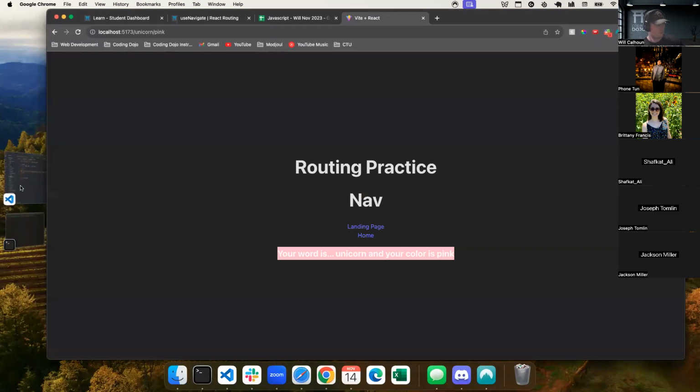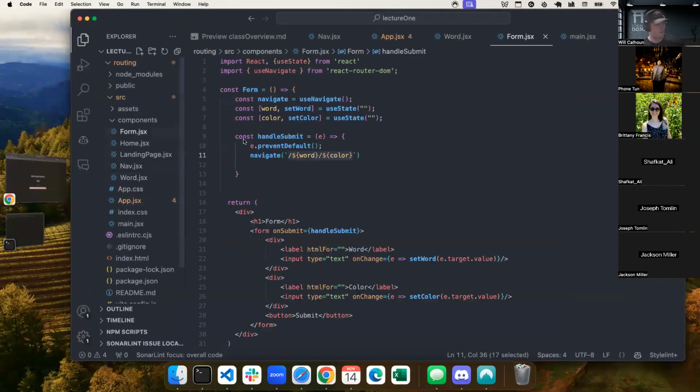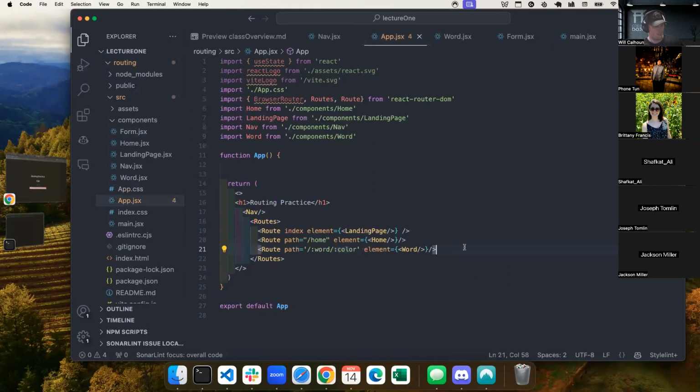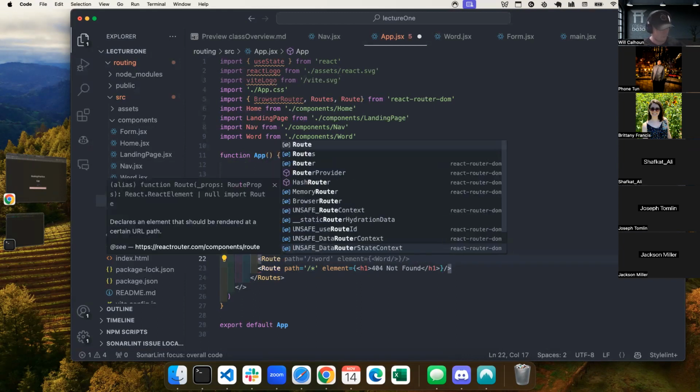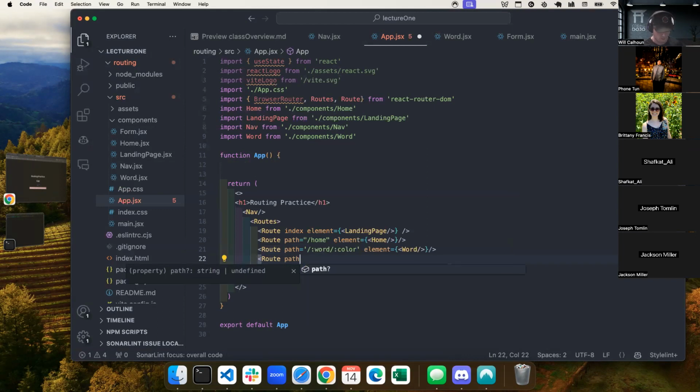So let's go see if this works. I have my form, but I did not do anything to call my form. So I need a route. My path is going to be, this means that anything else, like if it doesn't match any of these, you could do this /star. And that just means, hey, we don't have that. It's 404 not found. So this is kind of a good catch-all at the bottom. So I'm gonna keep that actually, just that way you guys could see it on the GitHub. But if I say path and I want it to equal /form